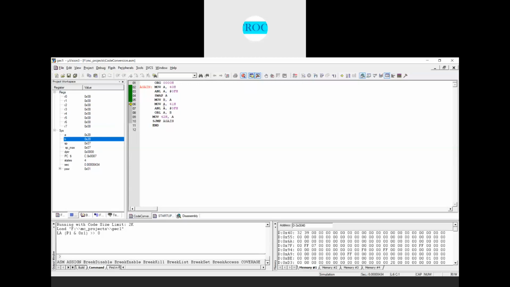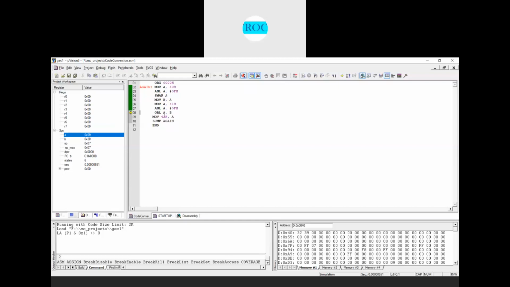Next I'll read the next ASCII code from memory location 41H and store a copy in the accumulator, so that the accumulator is having 39, right? Now again I'll perform the AND operation with 0FH. Since it is 0F, only the lower nibble will be stored in the accumulator. After performing the AND operation with 0FH, we have 09 in the accumulator.